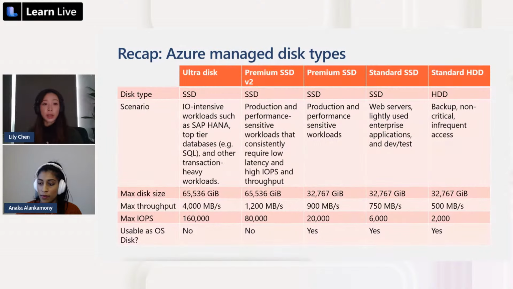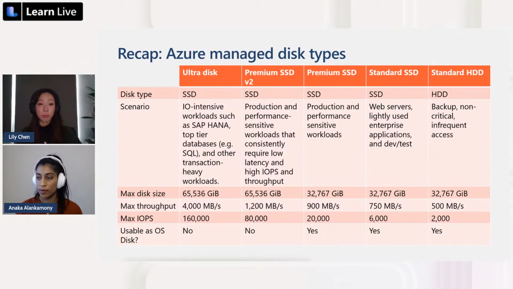So to summarize, Ultra disks are a good choice if you want a flexible performance configuration model to achieve the best performance for your IO-intensive workloads and top-tier databases. Premium SSD v2 disks are also great, and well-suited for a broad range of production and performance-sensitive workloads for databases, big data, and gaming on virtual machines and